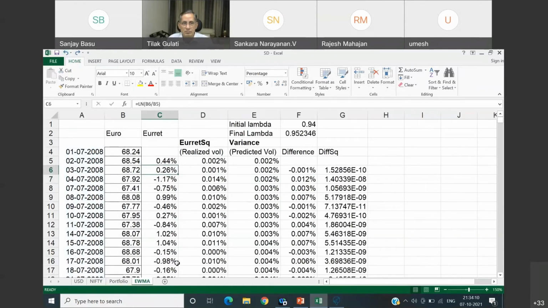So therefore, we use EWMA or GARCH if our intention is to capture the impact of very large recent market shocks. Right? Professor Mahajan referred to stress tests. You can use EWMA, exponentially weighted moving average, or GARCH based volatility or standard deviation for stress tests, but not simple standard deviation. Am I clear?